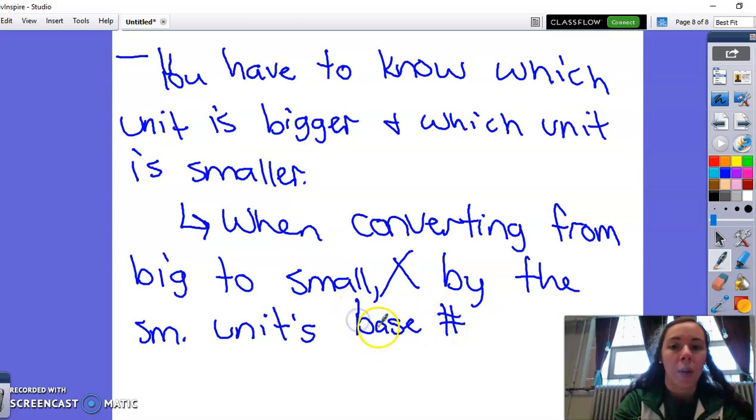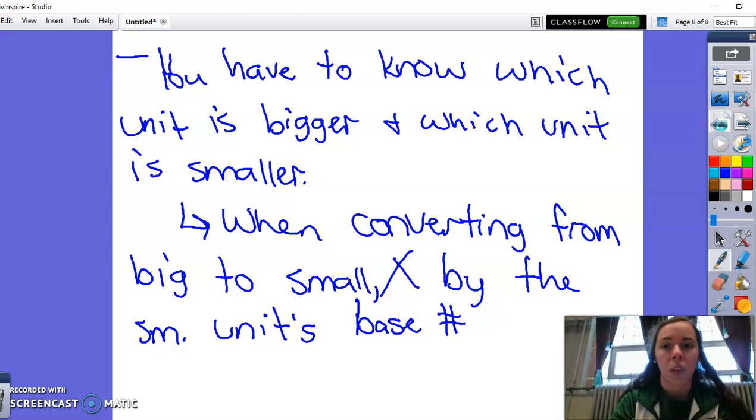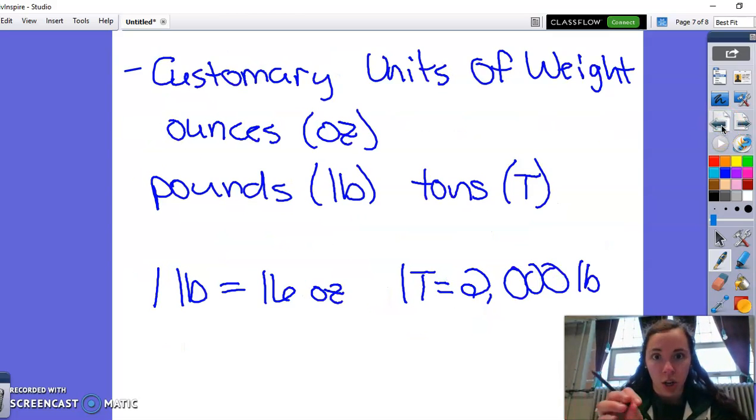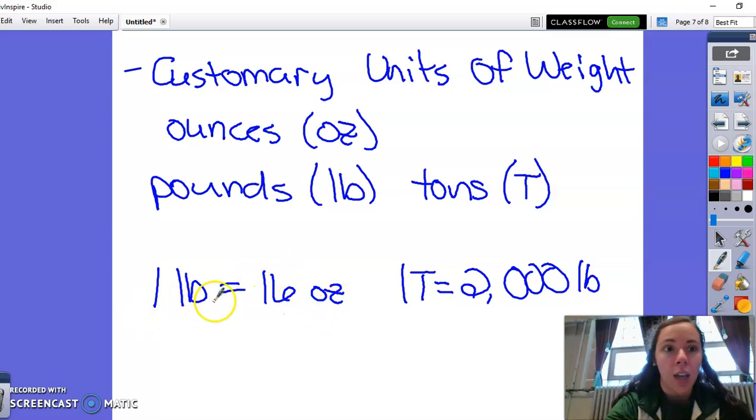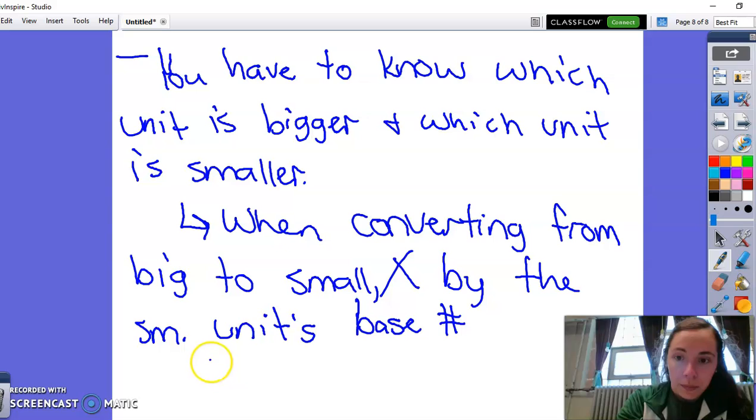And we've talked about that base number term there. That would be, going back here, the base number would be the conversion. Here, ounces is smaller than pounds, so that base number for ounces is 16. There's 16 ounces in 1 pound. Okay, so let's do a little exercise here. If I have 40 pounds,